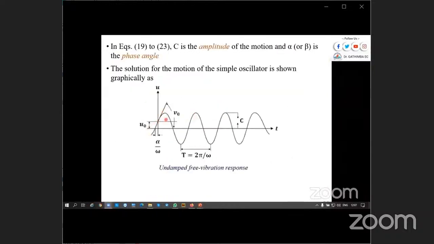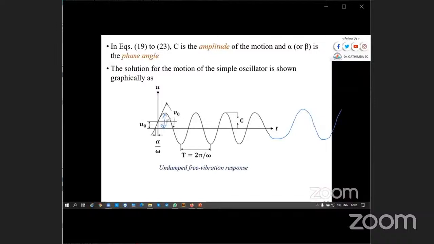Our solution is in form of a wave like this. And as you can see, the amplitude does not change. The amplitude does not change. So it means our motion may continue indefinitely. If there's no damping, it will continue like that. We are going to see cases where there is damping when we come to the second